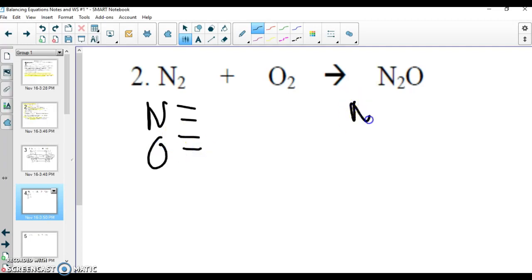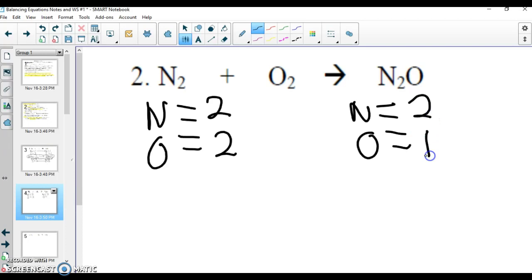Always make sure that you write the chemical equation carefully. We're going to count atoms on either side. Nitrogen is 2 on either side. Oxygen is 2 on the left, and it's 1 on the right. Remember, I can't come up here and just put a little 2 because I can't change the subscript, but I can put something in front of there. Now, while it may mess up the nitrogen,